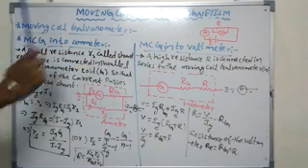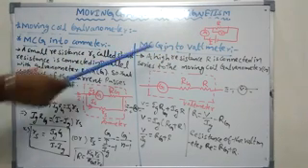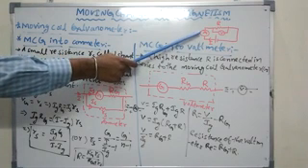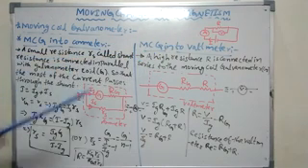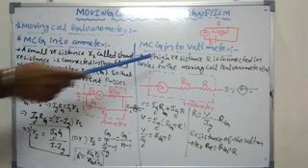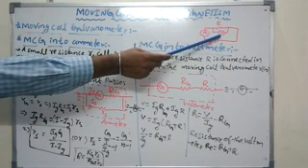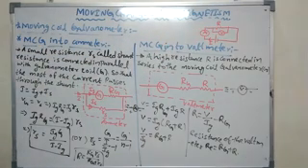So what is the use of an ammeter? By using an ammeter, we can measure the current in the circuit. An ammeter is always connected in series in the circuit. And we can see the voltmeter also. By using a voltmeter, we can measure the potential difference across the resistor. This voltmeter is always connected in parallel to the resistor.